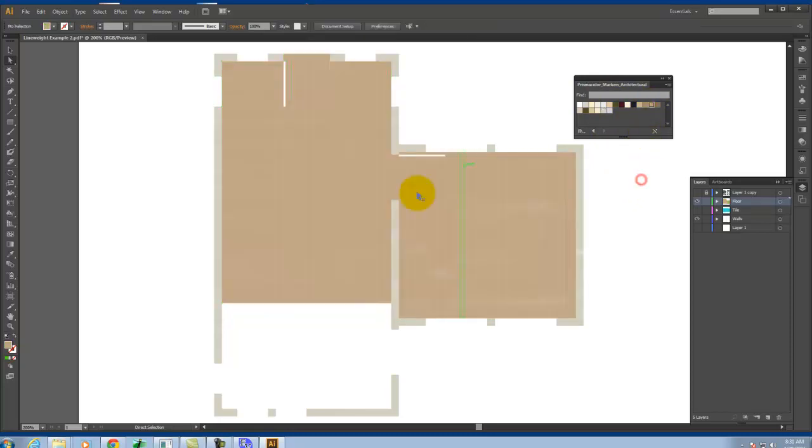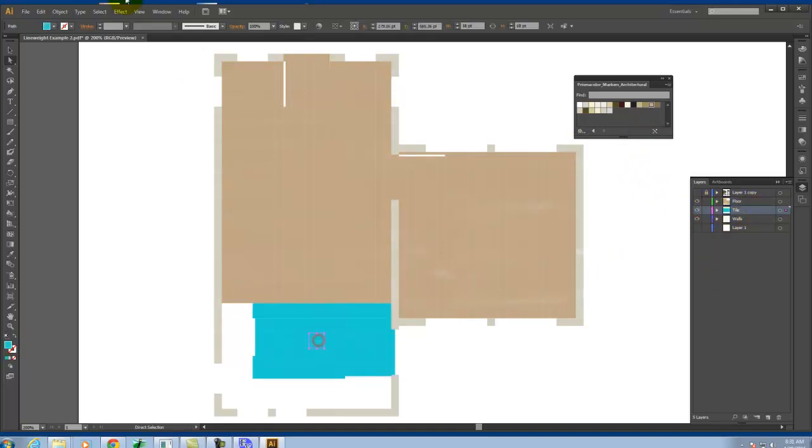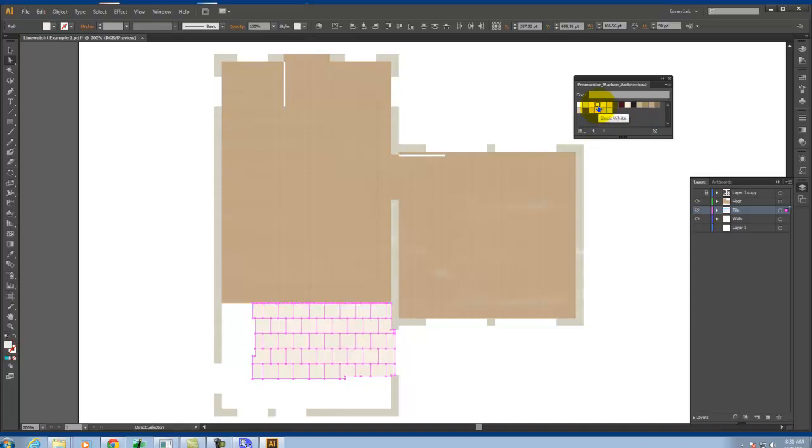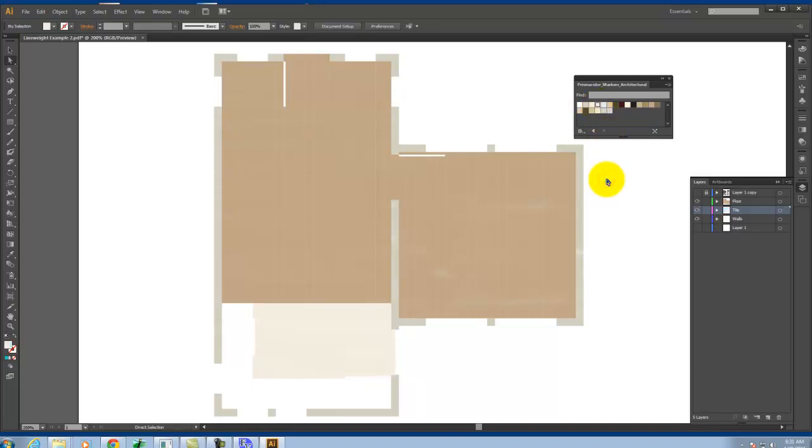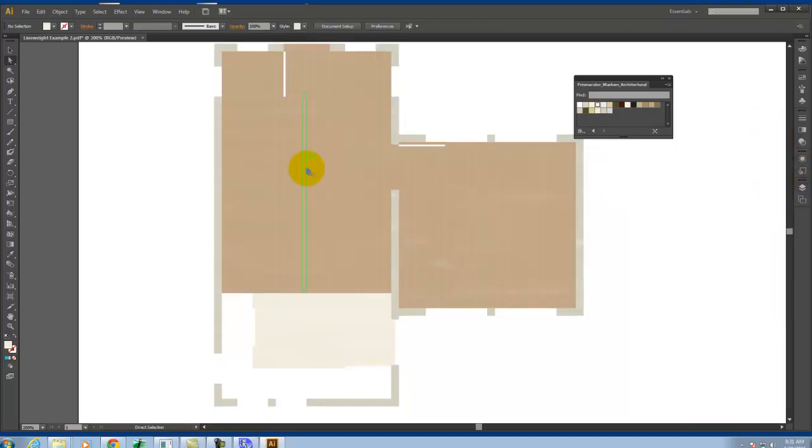All right, and then let's look at the tile as our last bit. Let's select the same fill color, and let's put the tile with a little bit more of a neutral color, something like that. Okay. So I have those colors put together, and it looks okay, but I'm missing all the